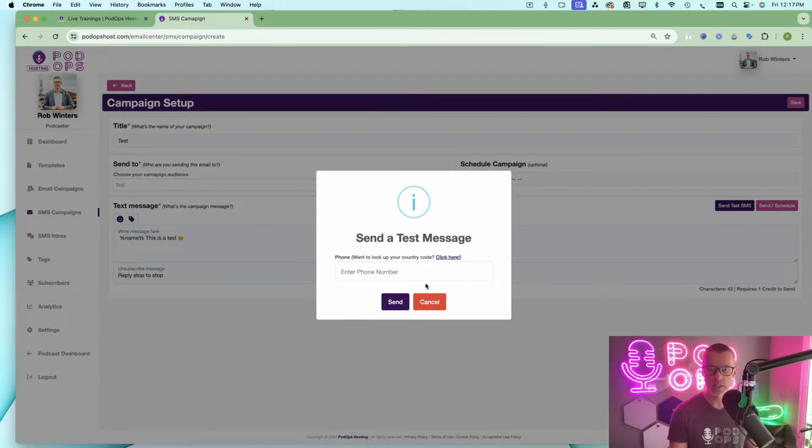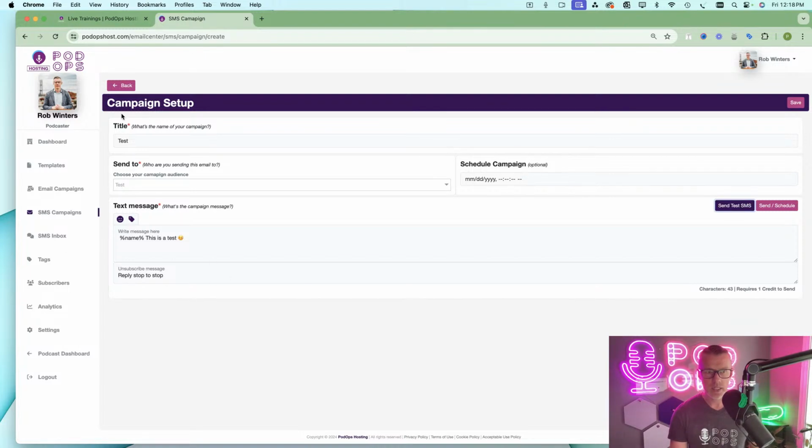So similar, do I want to send an SMS test? Now here you do need to put your own phone number in because we don't require you to put a phone number in when you sign up. So we don't have one for you by default. You can go ahead, put your number in, hit send. Again, if you don't know your country code, which for the US would be 1, click this option here at the top, and that'll let you look up your country code. So we're not going to save this. We're just going to click back to our SMS campaigns